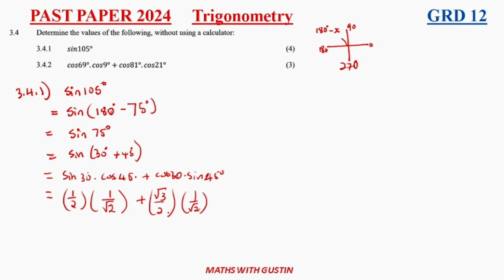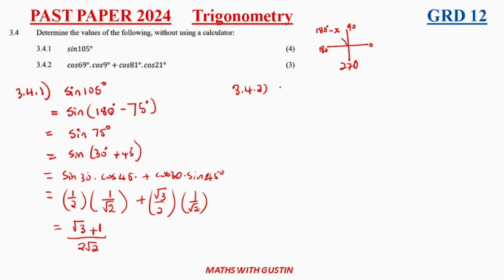The only thing that is left now is to simplify this, and I have simplified this, and it's given me, guys, you can use your calculator, it's fine. So this one I've already done, it is giving me square root of 3 plus 1 all over 2 square root of 2. And that's how you would deal with a question like this one, guys. Let me know what you think. Okay, so now let's move on to